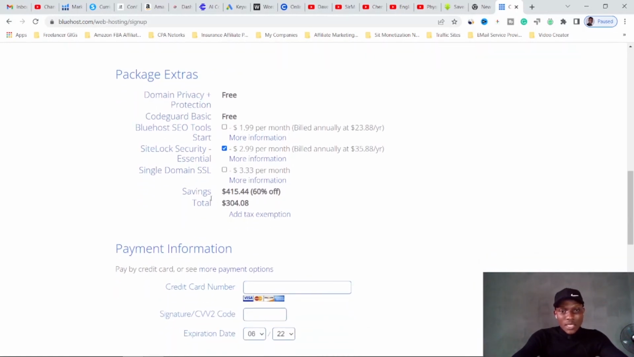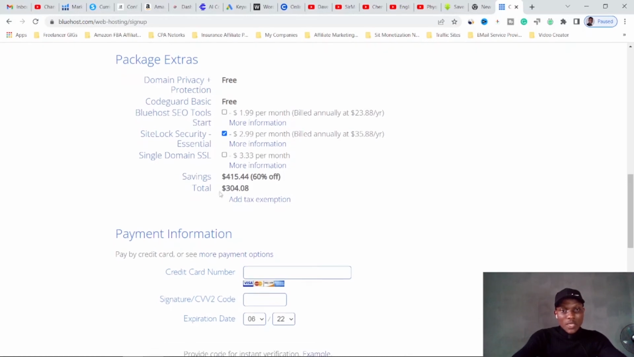Then scroll down here, you see what you're paying in total: $304. Now if we disable this site security, for instance, because down the line in this course I will show you how to secure your site, so you don't even need to use this. But if you want them to add an extra layer of security, then you can select this. But we are not selecting this, we're just using the basic settings, the basic things that we need for a blog. And the total you are paying is